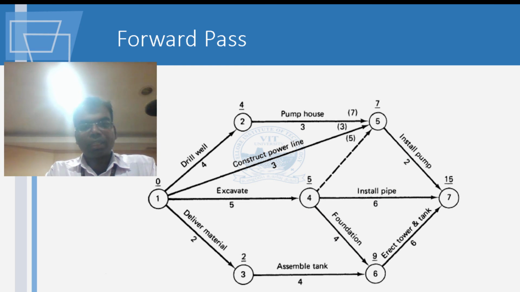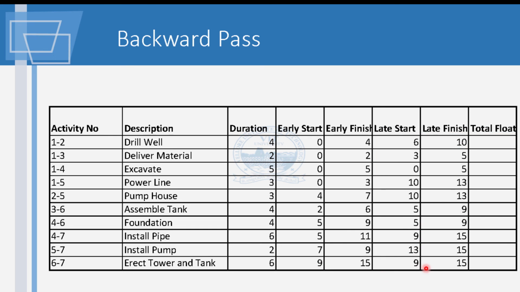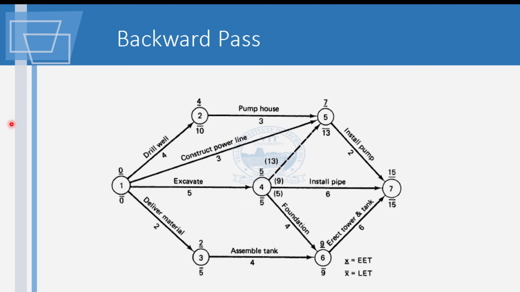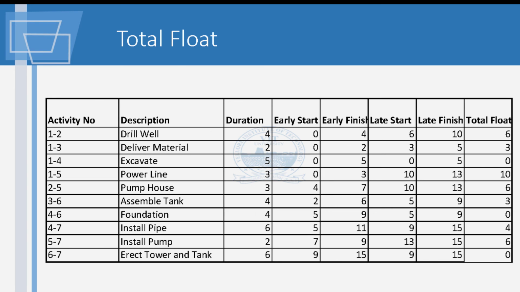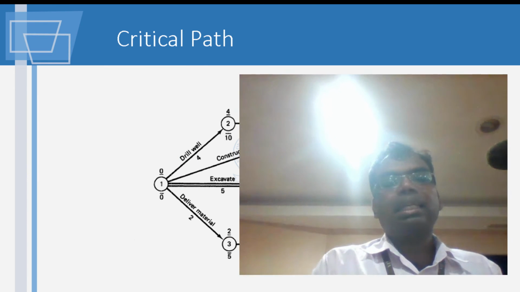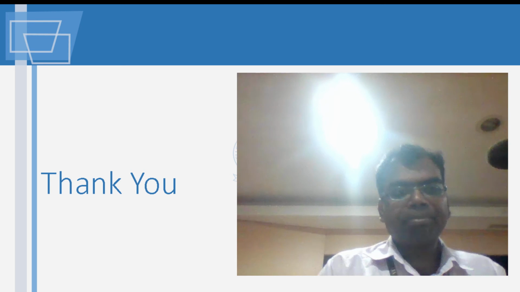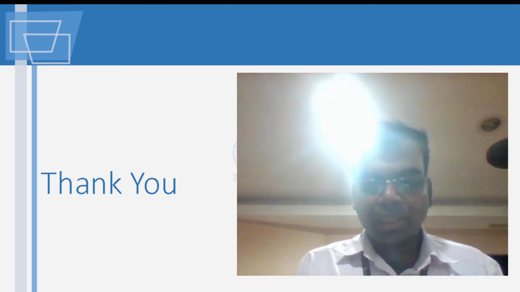Okay. So then you come to the backward pass where you go from the finish. You keep back working the values from the finish and you get back to the start. The roots which have 0 float constitute the critical path. Okay. So with this we will stop